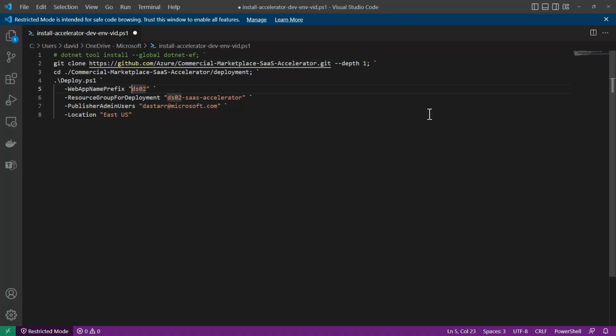And notice the web prefix that I've provided is DS02, and the resource group I'm going to deploy into, and the install script will create this resource group, is DS02 SaaS Accelerator. Great. And I'm installing myself as an administrator for the admin portal that will be deployed, and specifying East US as our deployment location. So I'll take all of this script minus the commented out line, and we'll head over